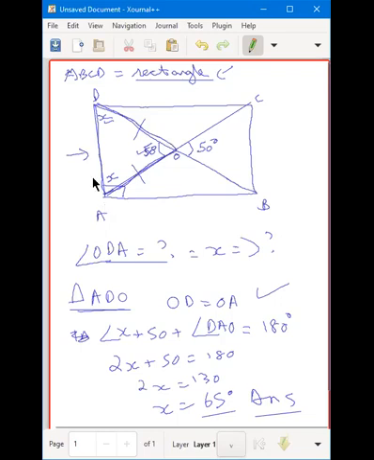Again, all of you need to apply the properties of rectangles. We know that the diagonals bisect each other and are equal. So start solving it one by one and use all the information which has been given to you. Had you seen that these parts are equal, you would understand that the base angles here are equal. So we will then use the angle sum property to proceed further.